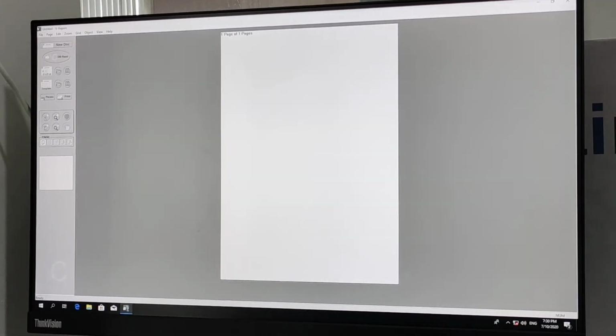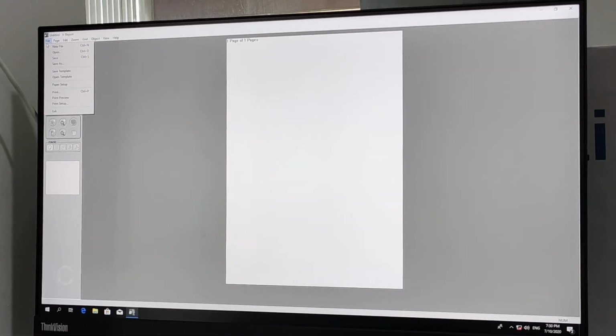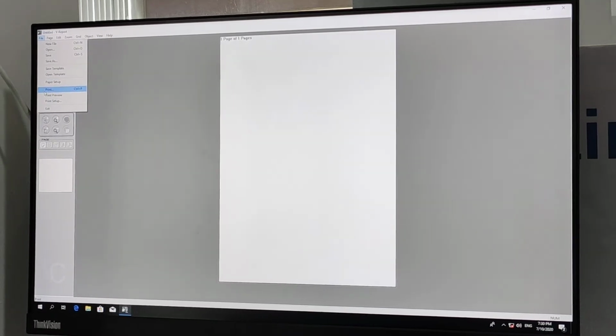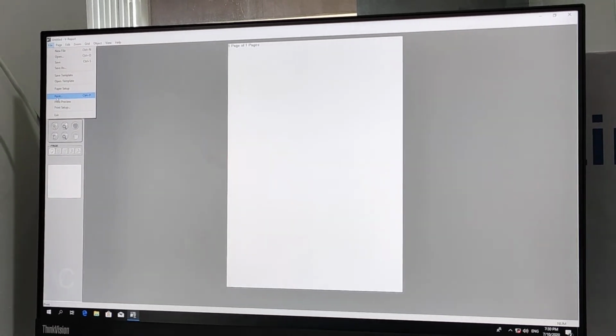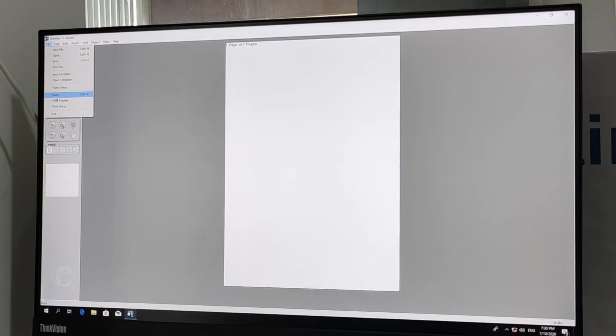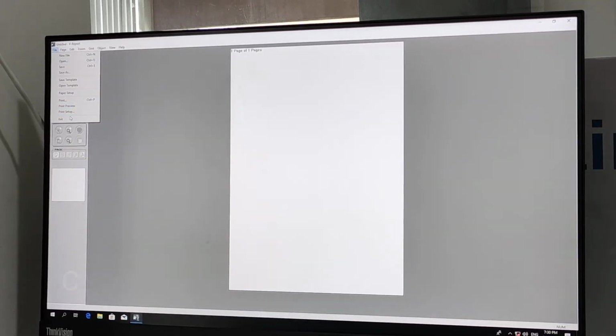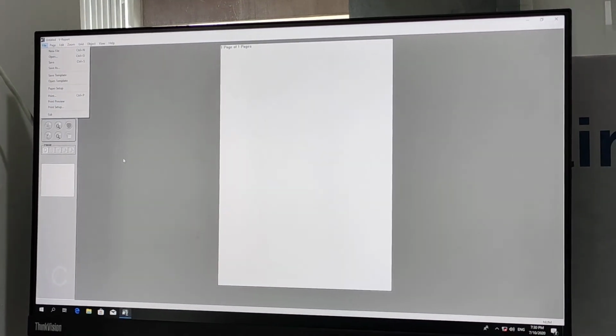You can save it, or you can print the report in case you are satisfied with whatever analysis and suggestion has been given to you by the lab or yourself.